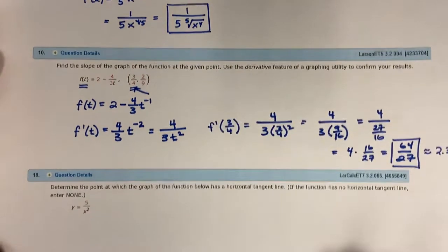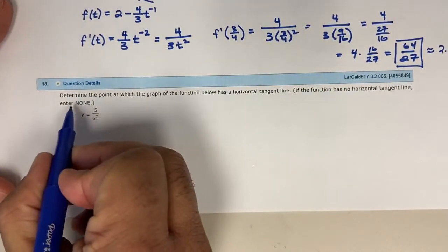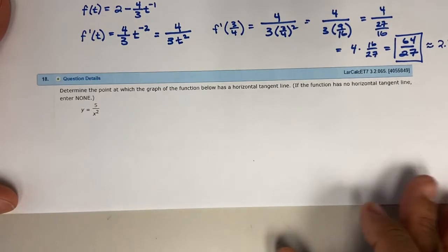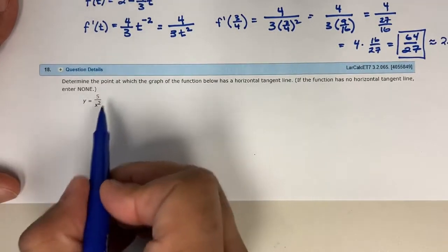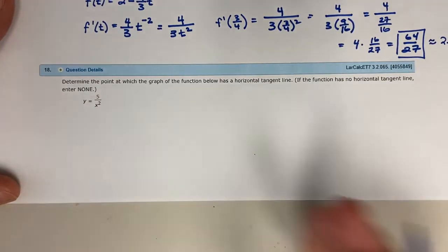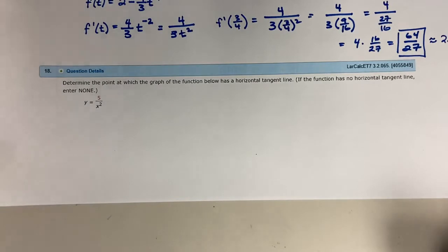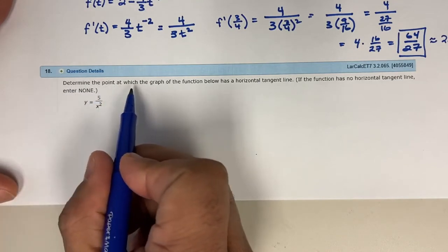One more question from this section that people sometimes struggle with. I'm gonna kind of let the cat out of the bag. If you don't know what to do on this next test, take the derivative. So I was about to jump into this problem and just do the derivative without explaining why, but that's actually a pretty good strategy for this test. I mean, the test is all about derivatives, so if you take the derivative of a function, you're probably on the right track. But what they're asking us to do in this problem is determine the point where the graph